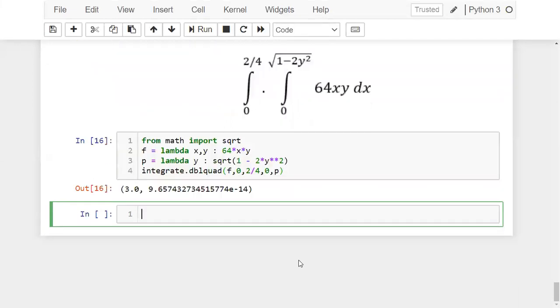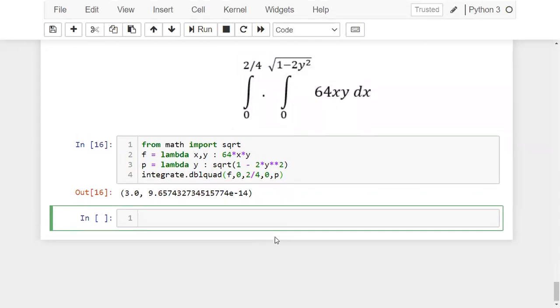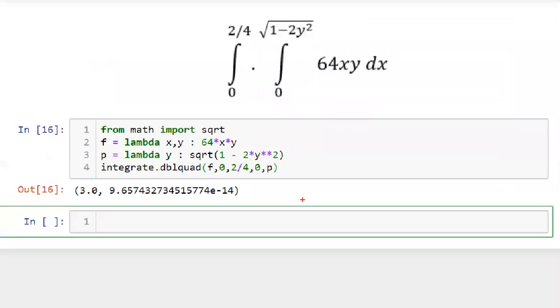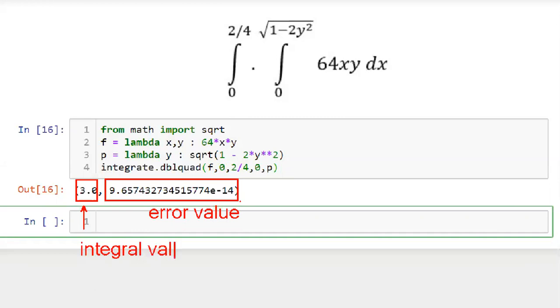Now when you run this, you'll get some value on the screen, right? So this 3.0 is the calculated integral value. Okay, and this value represents error value. Similar to quad, it is also returning two values, right? So first one is the calculated value for the integration, you can consider it as integral value, and another value is error value.